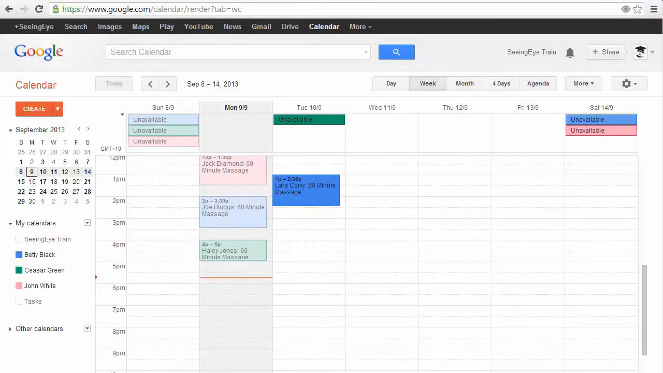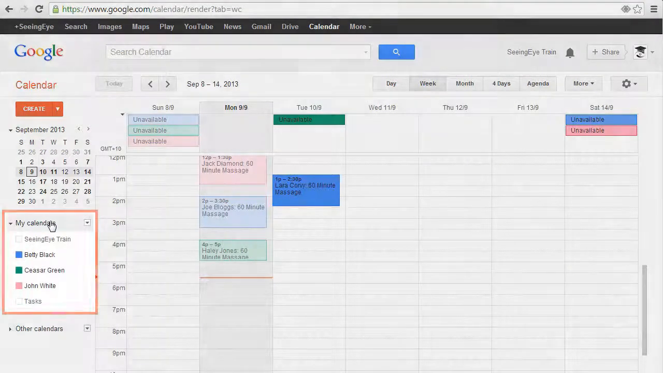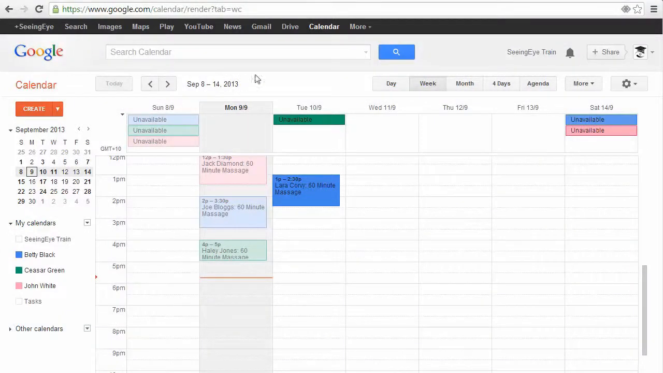Below the mini calendar we have this idea of my calendars, which shows a list of all the people that are currently displayed on our calendar. We're going to come back and have a look at this in a lot more detail very shortly. But right now we're going to just go back up here and have a look at navigating our way around